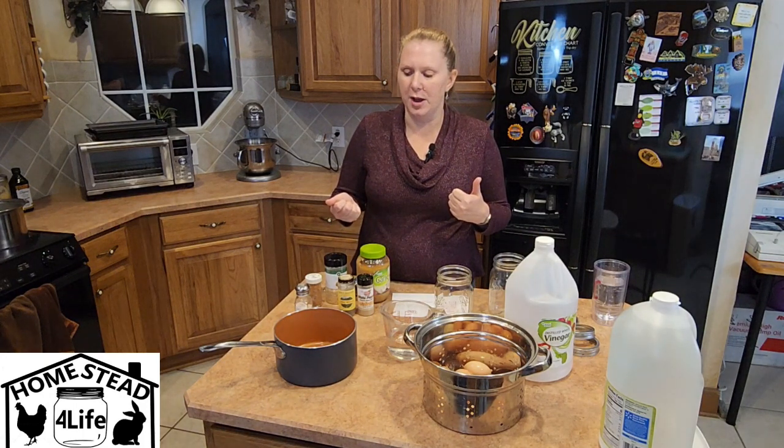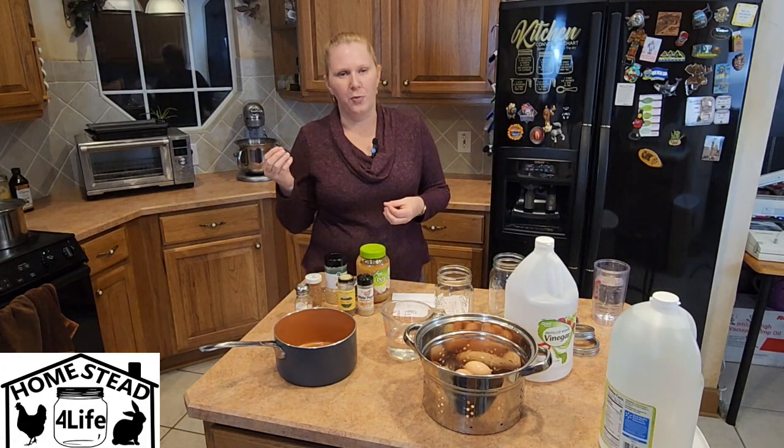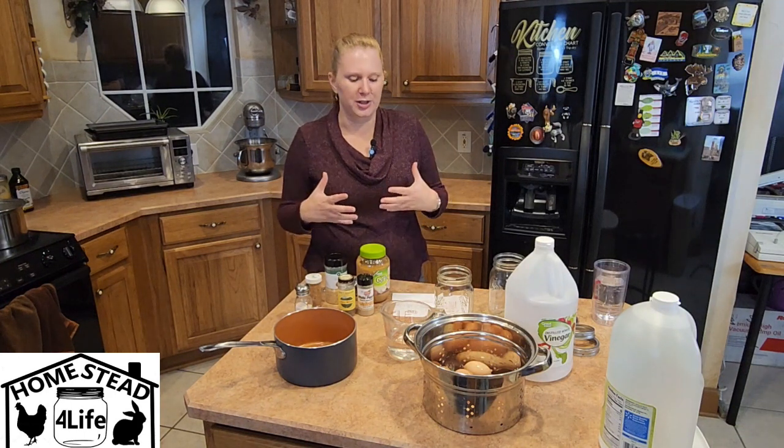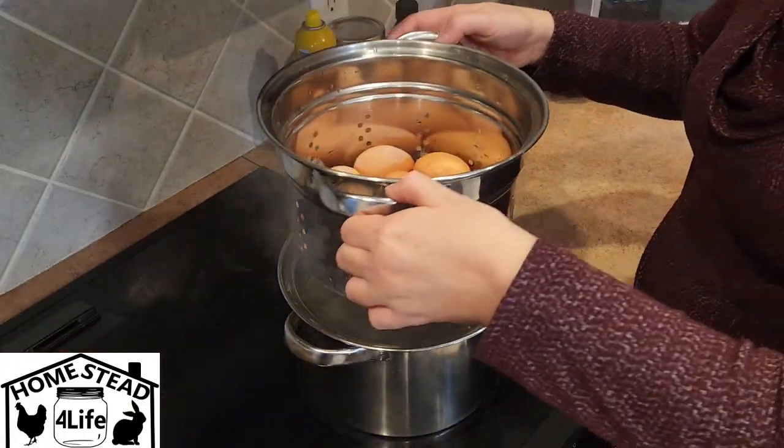We're only going to make a dozen eggs today with this particular recipe. I'm going to link you to several other recipes that you can use. What you see most commonly, like you'll see them on bars, restaurants, you see them on the counter, are the ones in the red liquid, beet juice, really. So there's a lot of recipes for those out there. I'm going to link you to the National Center for Home Food Preservation, something like that. Anyway, the official home food preserving recipes and instructions, and they've got probably 5 different types of pickling recipes on there. We are boiling, so we're going to add our eggs